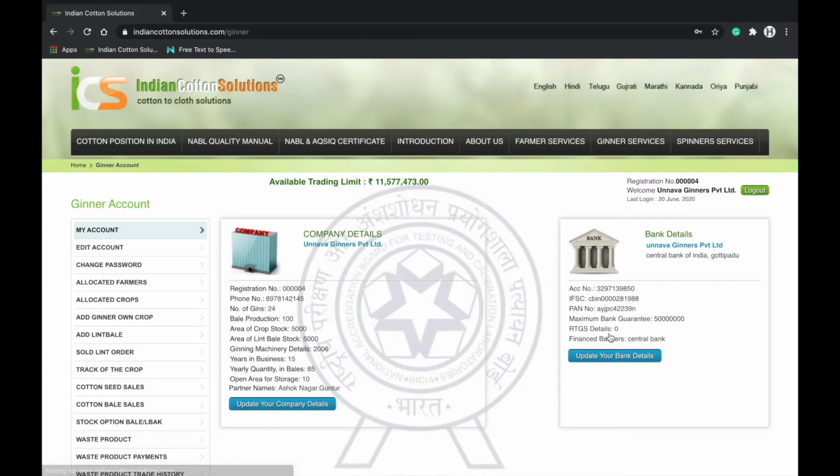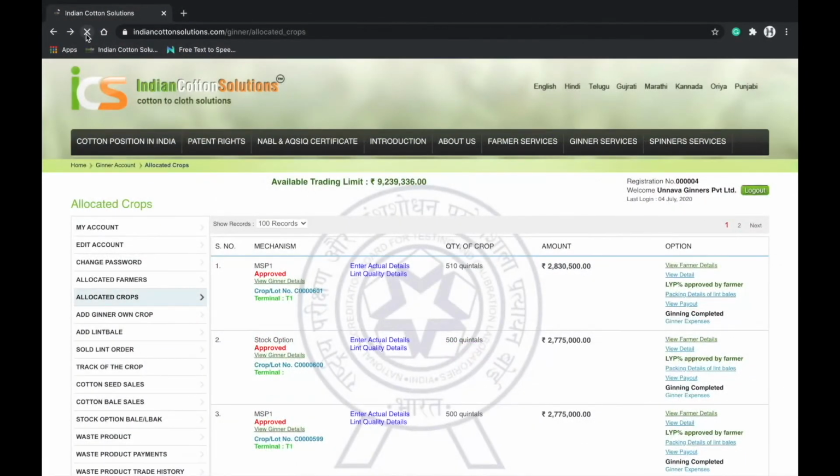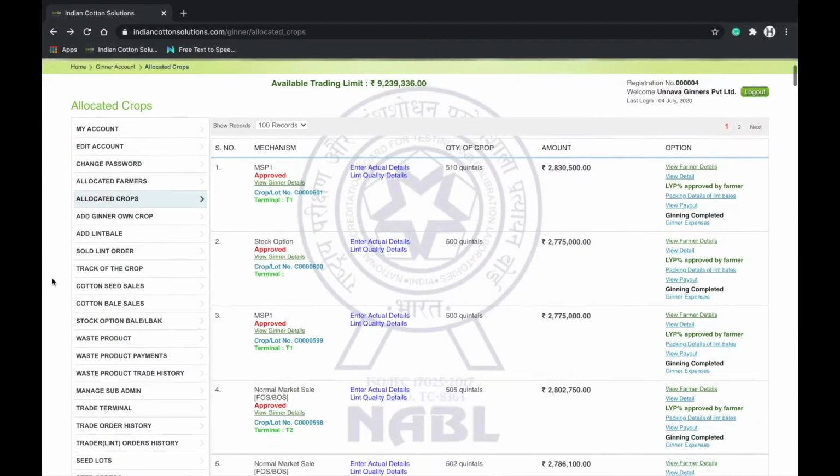In addition, Jinnah has to collect bale-wise sample for the entire lot. For every 20 bales, one geotagging photo or one geotagging video has to be uploaded by the Jinnah in the respective section. The sample should be handed over to the respective Jinnah testing franchise for testing. The HVI report is generated and mailed to the Jinnah. This is then uploaded in the website by the Jinnah, which is shown shortly.